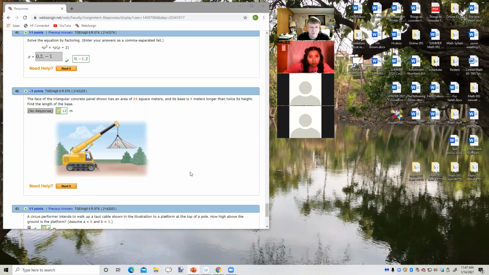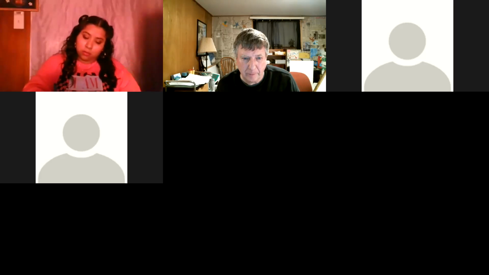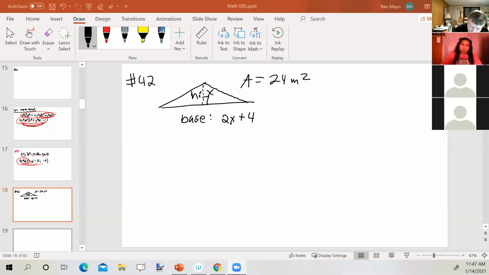Its base is 4 times longer than twice its height. The base is 4 times longer than twice, or 4 meters, excuse me, I read that wrong. The base is 4 meters longer than twice the height. So the base is being compared to the height. So if we call the height x, the base would be 4 meters more than twice x. So what we get, we've got this triangle. The height is x, the base is 4 meters more than twice the height, or 2x